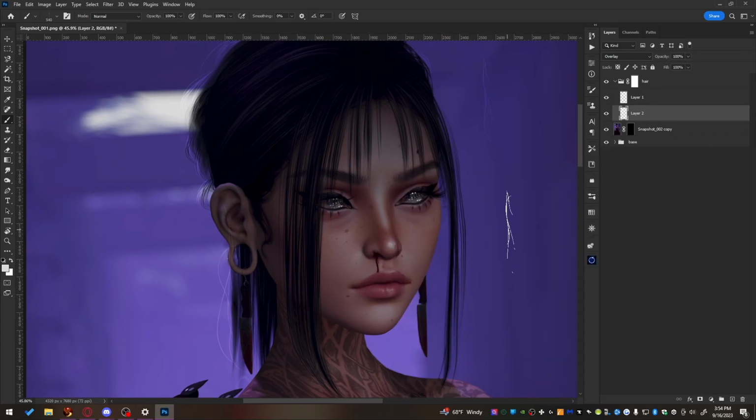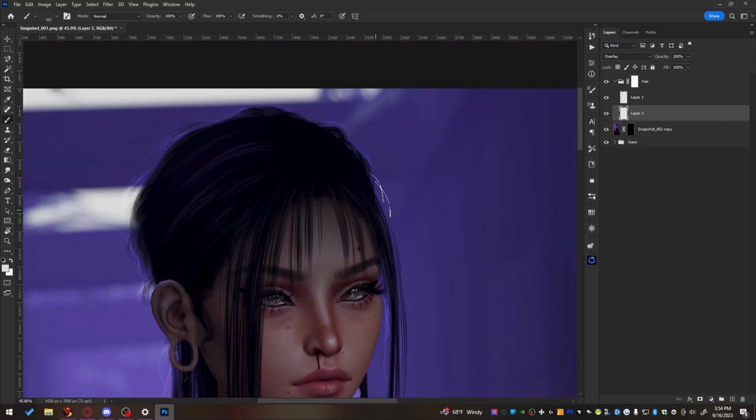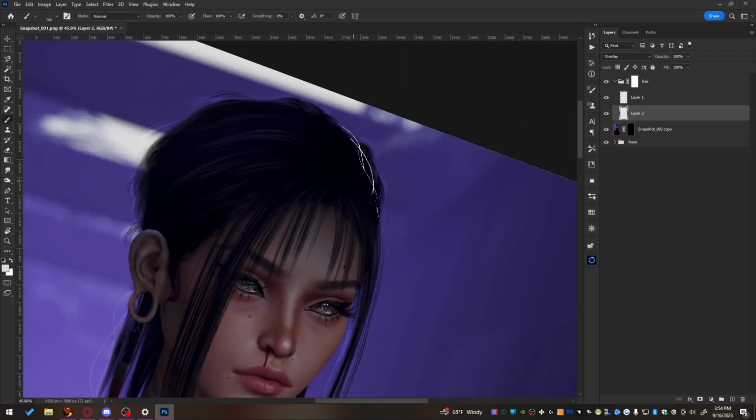It really helps to get more natural looking strands instead of just a simple curve over and over again, like I usually have by using the pen tool. So by using this stamp, I just really like how it looks, and I'll rotate the canvas